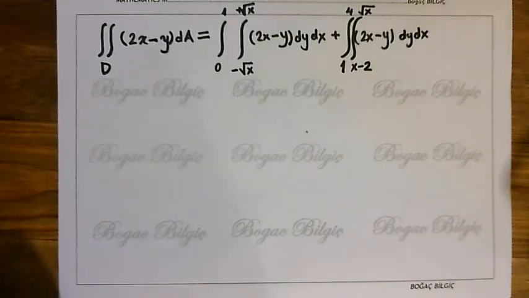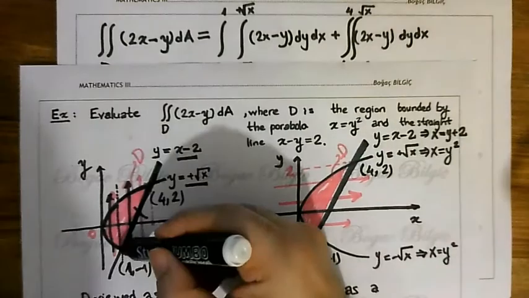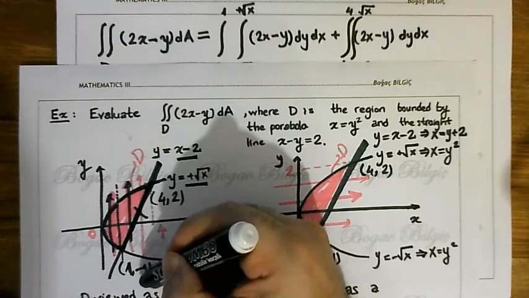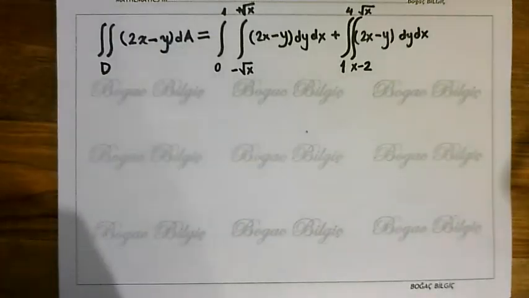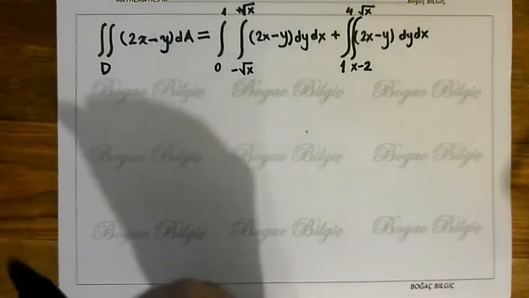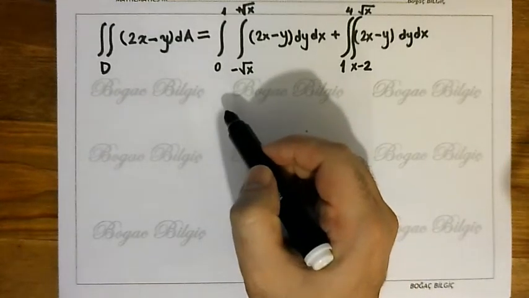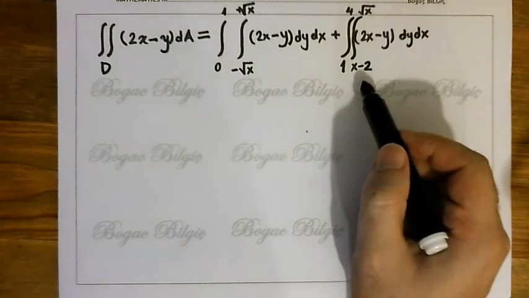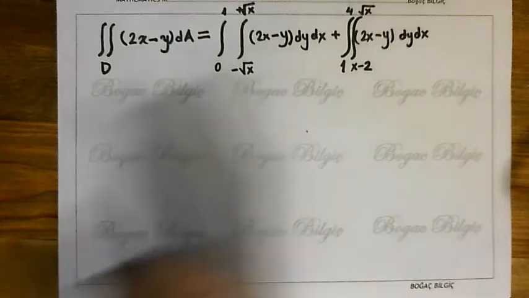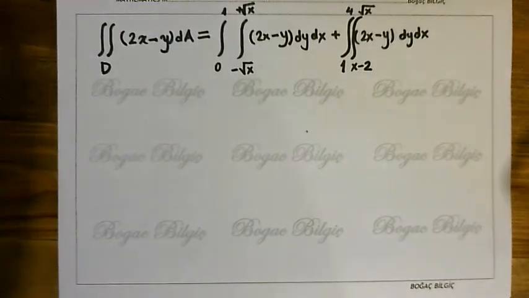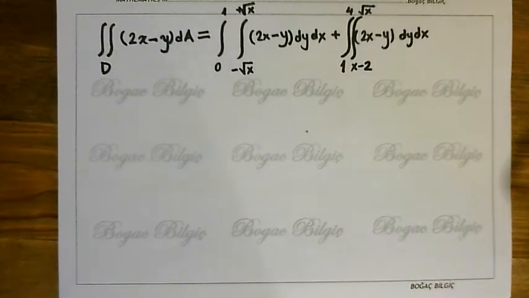The reason is that the lower boundary changes at the point 1, minus 1, from y is minus root x on the left to y is x minus 2 on the right. In other words, the lower boundary of D consists of two curves when viewed as a y simple region, and then